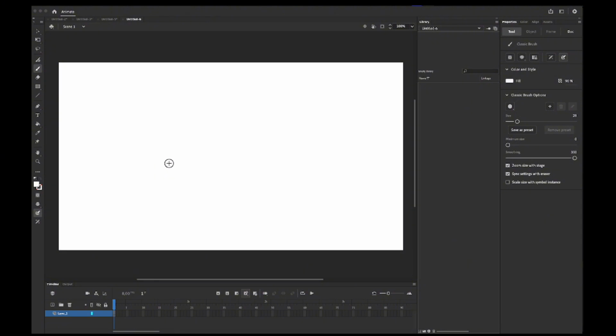So first we need to determine the movement of the ball. Basically we will be creating an arc on which the ball will be bouncing down. So basically something like this. So hold on. I just have the brush tool selected right now, and I will be making an arc like this